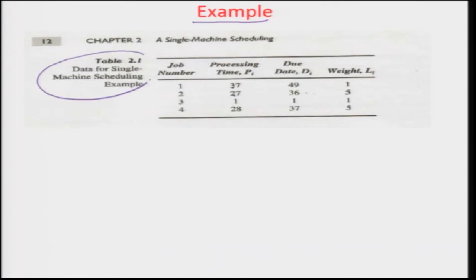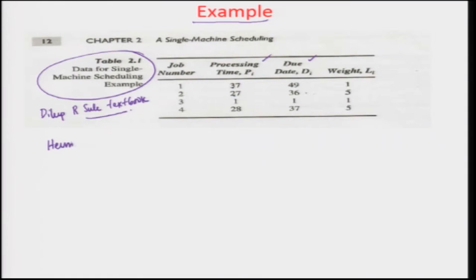This example is taken from the Lieb R. Soule textbook titled Industrial Scheduling. I am using this example just to demonstrate this particular case. So, let us say there is a heuristic. In this case there are two things: one is the processing time and the other is a due date.